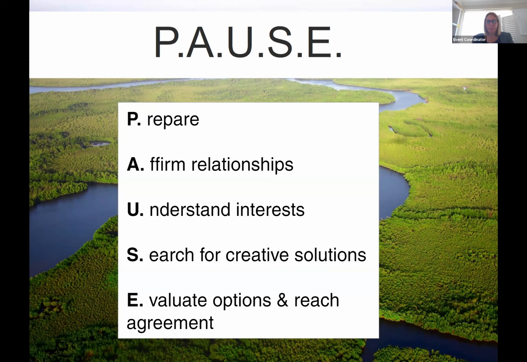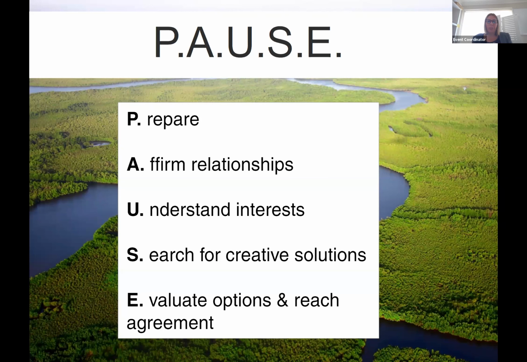Thirdly, the importance of understanding interests. Sadly, in family law, sometimes people can get bogged down in positions and this is what I want, this is what I'm entitled to, this is what the advice is, so I want this. What I encourage in our family mediations is really to look at the why. Why do you hold those positions? And what is in the best interests of the children? Not just you and the other party, what's best for you, but if there are children involved, looking at what is in their best interests and what is in the best interests of the family as a whole. So I'll go into more detail with that today as well.